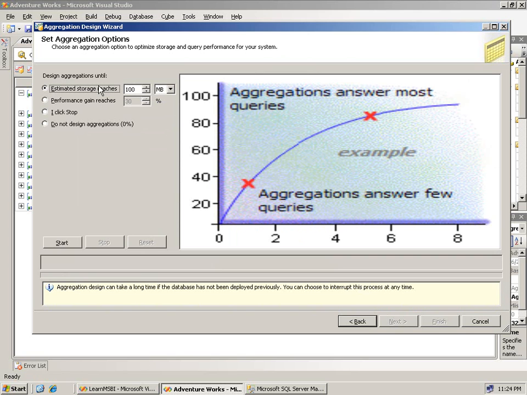wizard where it's asking me, okay, what do you want? Do you want until a certain size of the aggregation on disk, a certain performance gain until I click Stop, or no aggregations? Now remember, the performance gain, even if I set this to 100%, it's not going to calculate